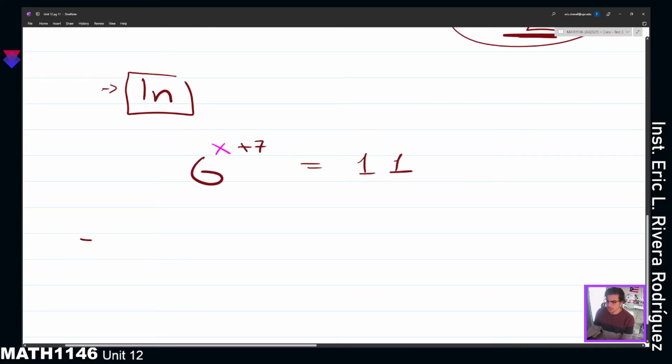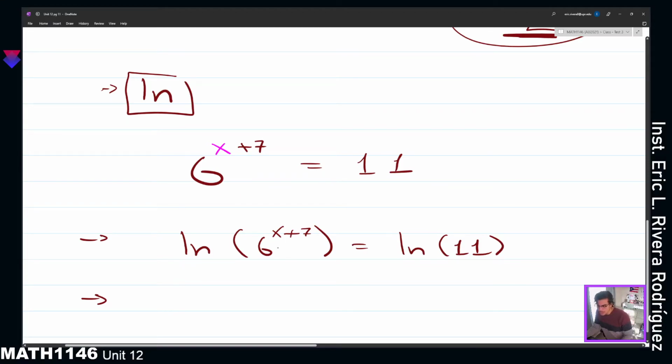So what you want to do is to put both sides of the equation inside, use them as the argument of natural log. That way you are going to cancel the exponential part, the exponential expression, because now we are going to use the power property of the logarithm function. So now the exponent,